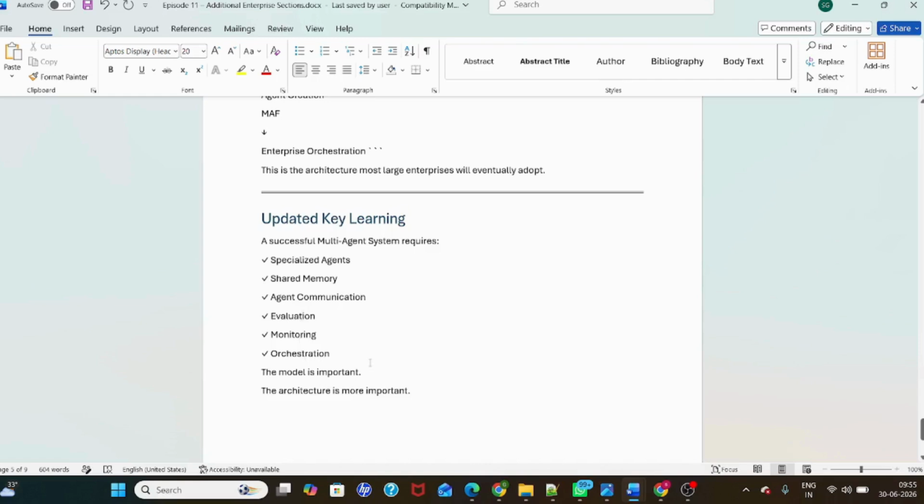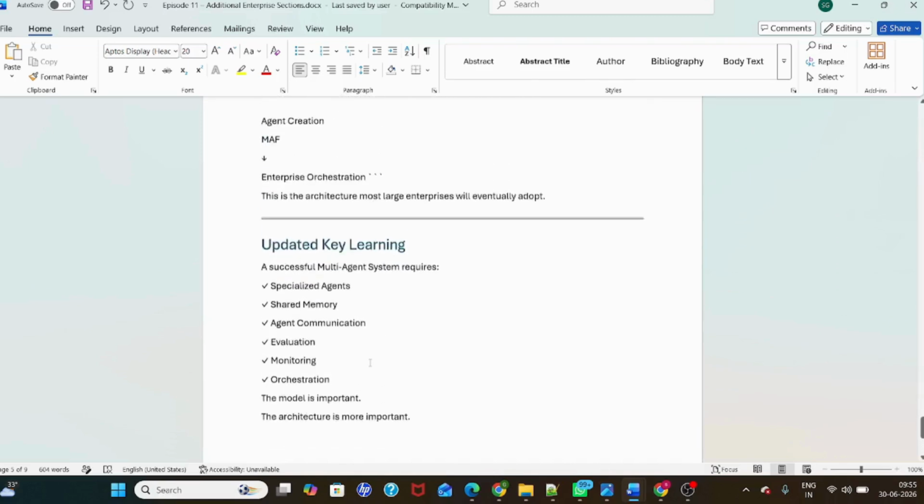But the multi-agent concept I'm trying to bring up so that you understand how it works and collaborates in a big organization, what patterns we can use, and which fits best. So hope this is